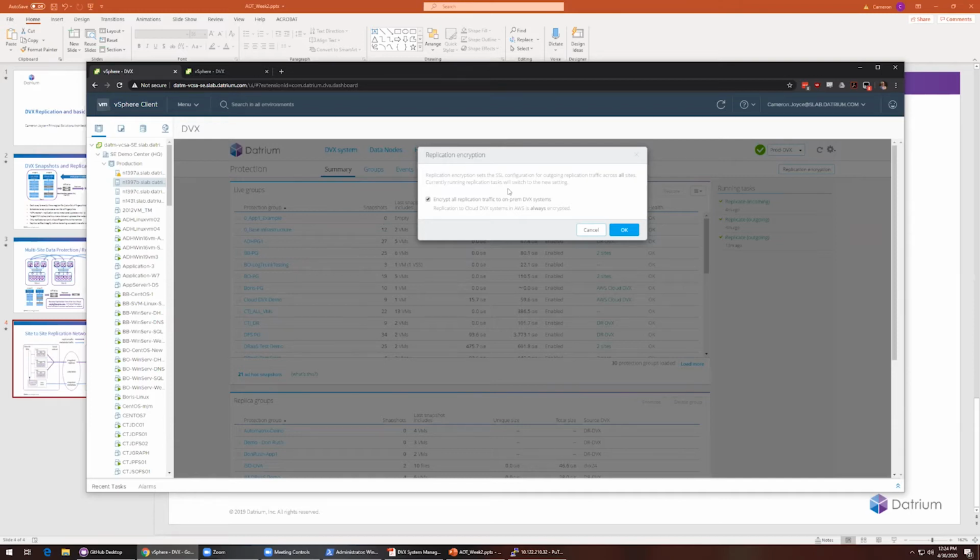So we need to enable the site-to-site encryption for our replication. Now, why do we need to do this? Because when we replicate, we don't share our encryption keys site-to-site. So what we're actually doing is decrypting and then sending data in plain text to the secondary site, so that when the data lands at the secondary site, it re-encrypts with the secondary site's keys. That's how, if you lose your primary site, your data at your secondary site is not encrypted with the primary site's keys, and you're not left thinking, shoot, I can't use my backups because I can't talk to that site. They're all independent,